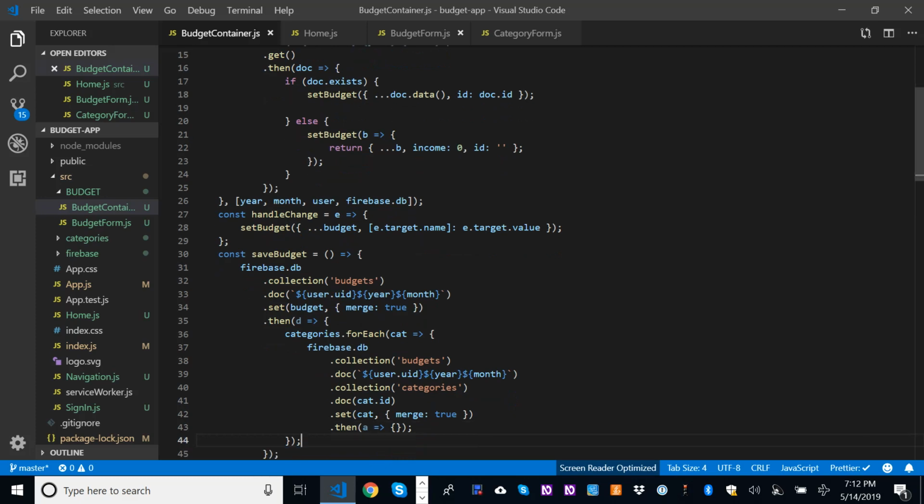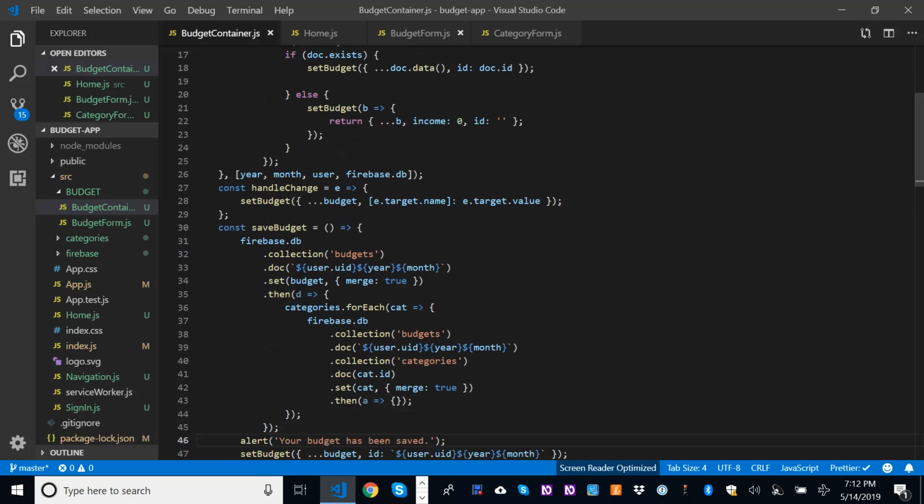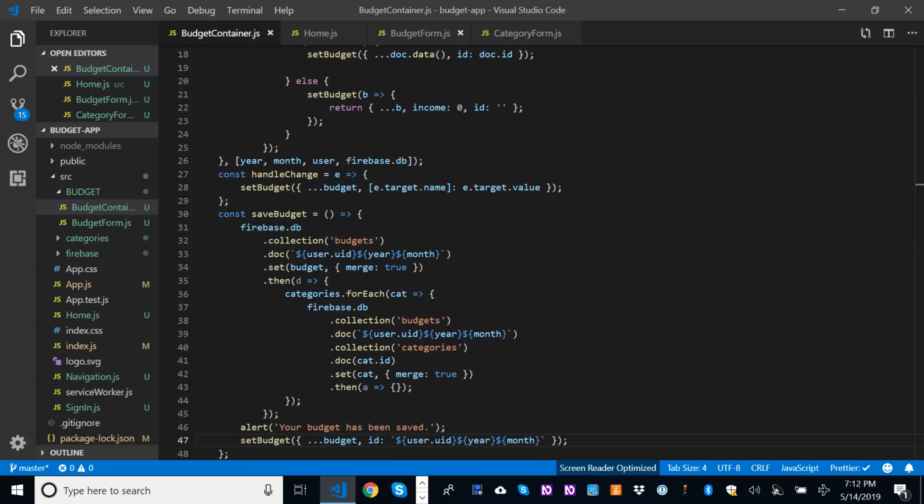I know I'm not the best at explaining these things, but then I have an alert that your budget has been saved. I should probably do something a little more fancy than that. setBudget({...budget, id: `${user.id}${year}${month}